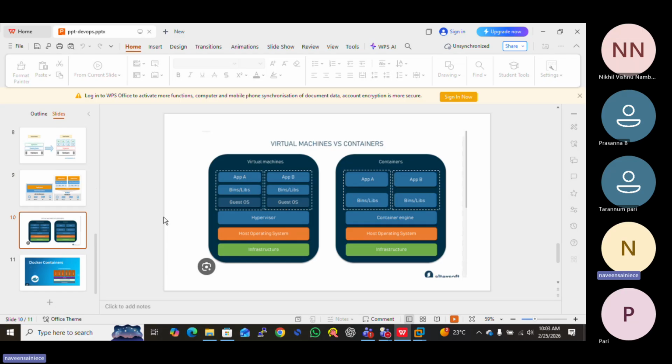So here you see virtualization infrastructure: your base hardware, the operating system, and the hypervisor we installed. On top of that is the guest operating system, meaning a virtual machine. Then on top of that we will install the libraries and some binaries for that application, and then our application will work.